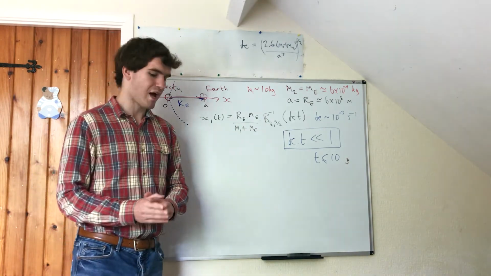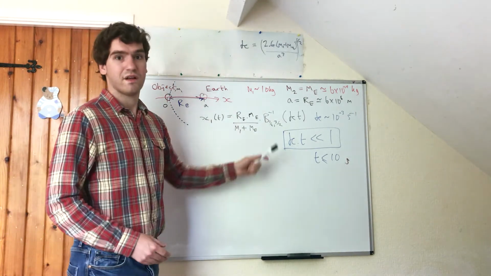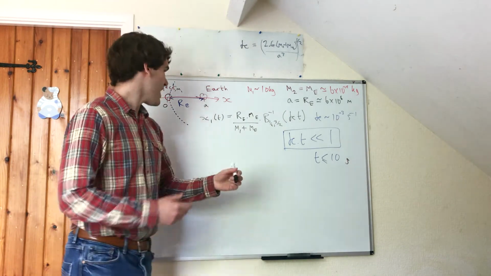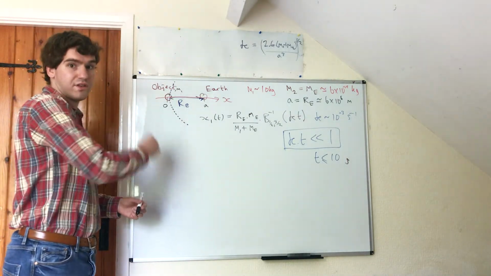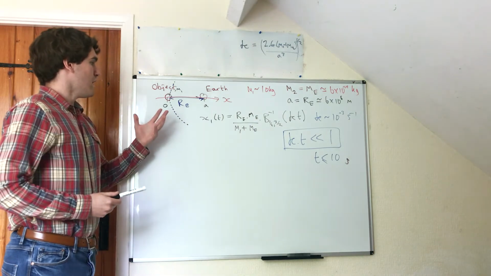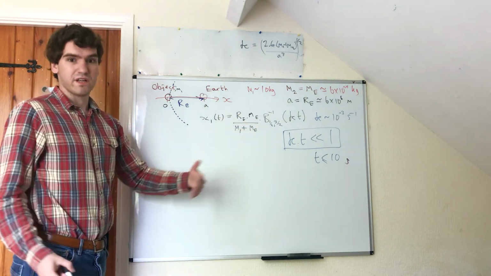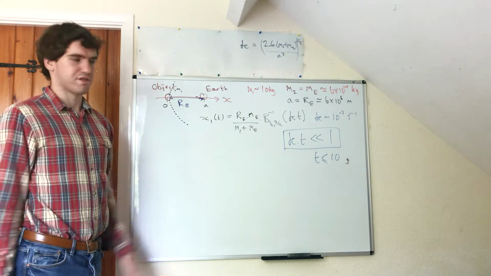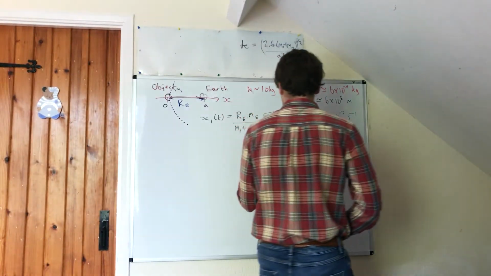So this limit describes anything that's falling near the Earth's surface and is only falling the size of a cliff or the size of a house. So this limit is true